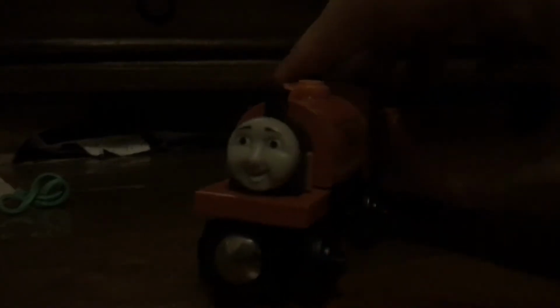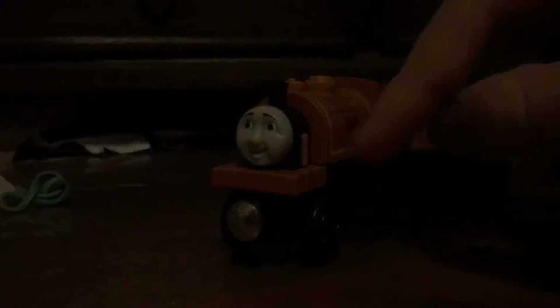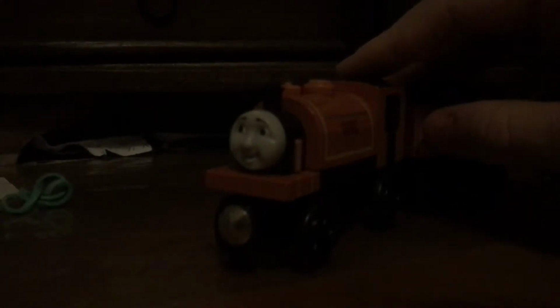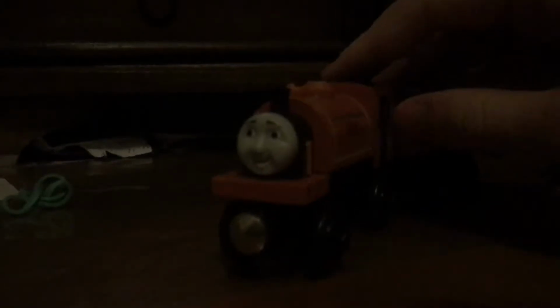And this time it's going to be on the Wooden Railway Duke. But this is the re-release, the 2008 version of the Wooden Railway Duke, with the updated face and with the added... I'll get into it later. So basically...